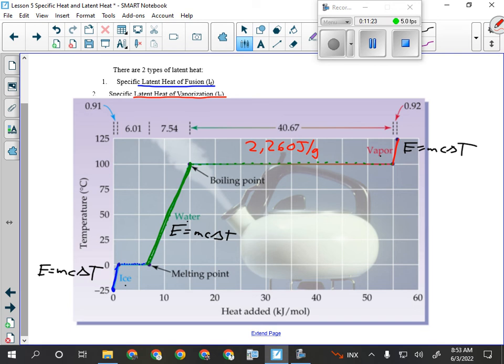By comparison, to melt ice only requires 333 joules per gram. Now, that's still a lot. I mean, think about if you've ever made a snowball in your bare hands. If your hands are just out bare in the air and it's cold outside, it's not so bad. I mean, your hands get cold eventually, but it's not terrible. But as soon as you pick up a bunch of snow and start making a snowball, do your hands get cold really fast? Why?